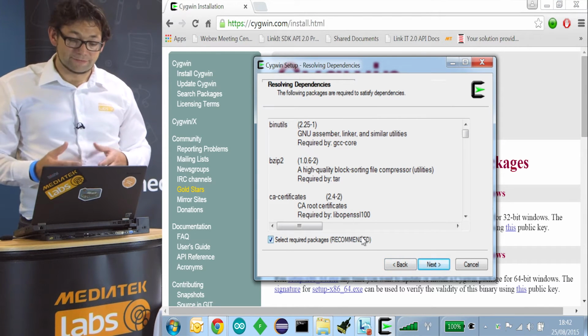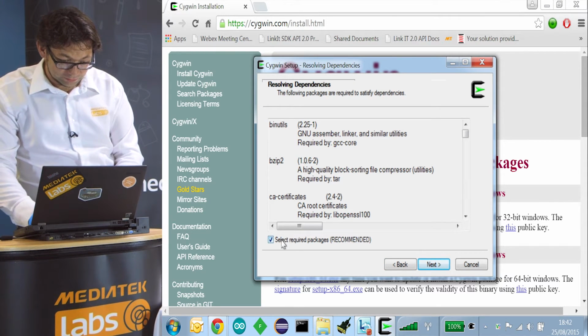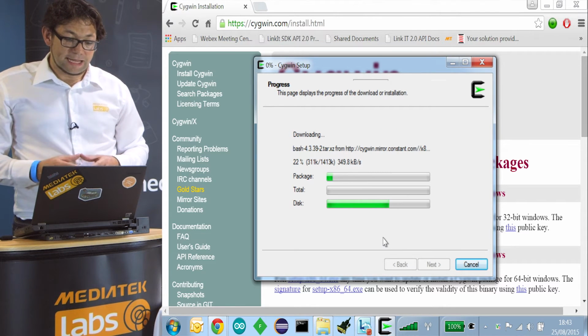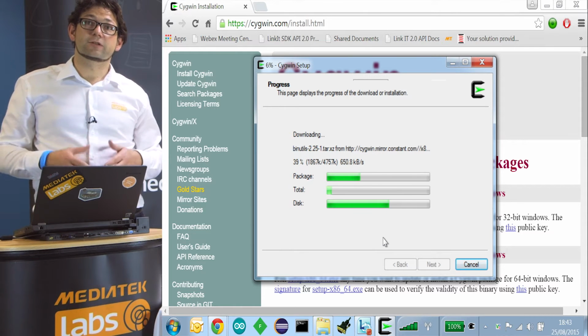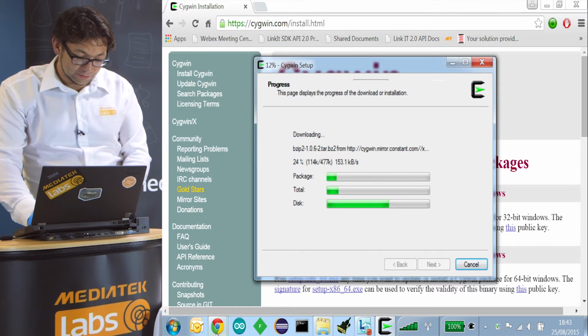And you also have to install all dependencies. So please make sure you tick this box and click next. Now it will download all the necessary packages and install them locally to your PC. In the meantime, we can go to